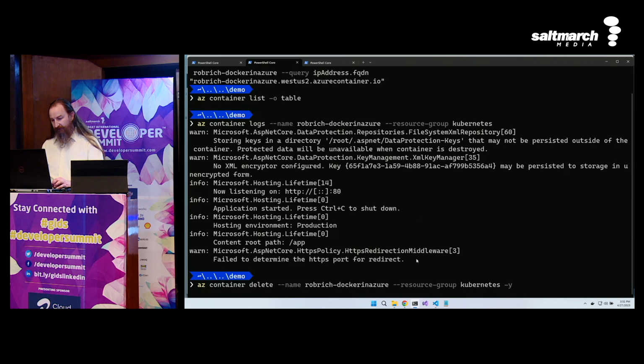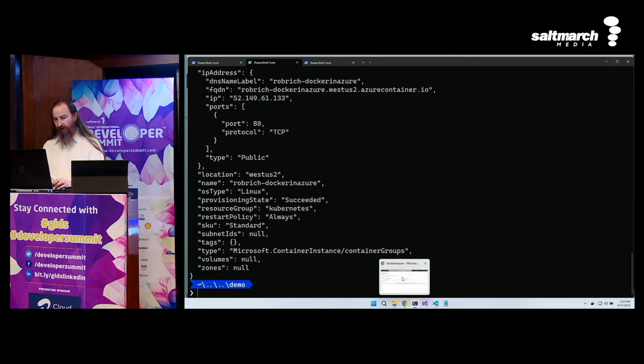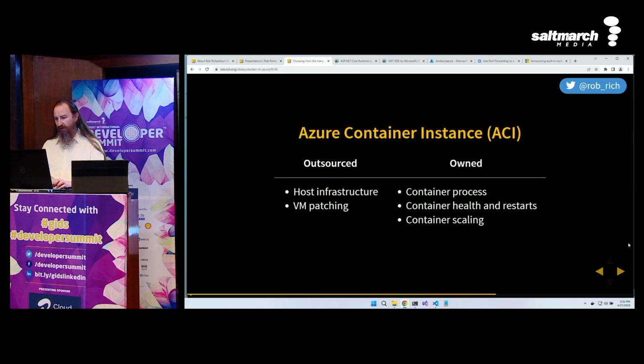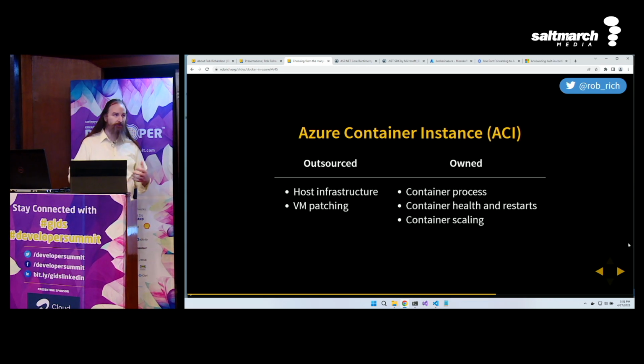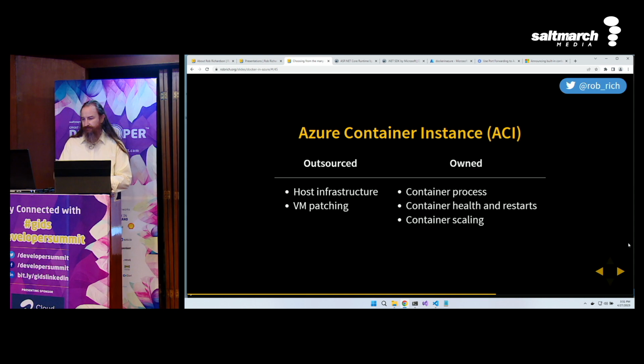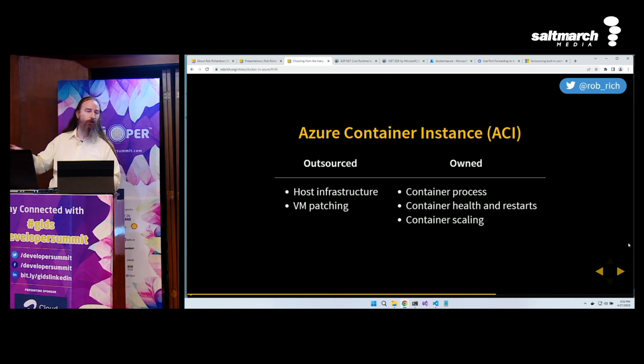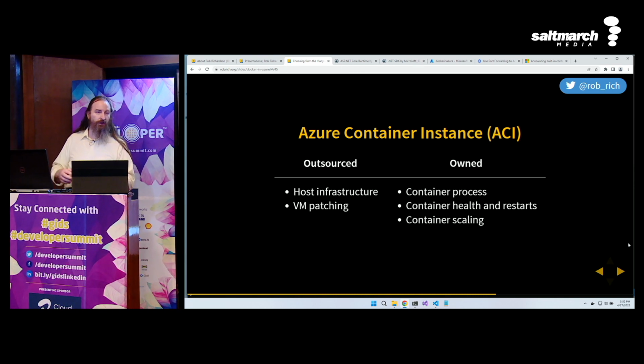Cool. So now that's a great API. If we want to do a multi-tenant instance, or if we want to build up a process, we can build this on top of Azure Container Instance. On the upside, we've outsourced all of that patching and hosting and runtime stuff, and we get to choose the process and the container health and restart. So we get to be the orchestrator that